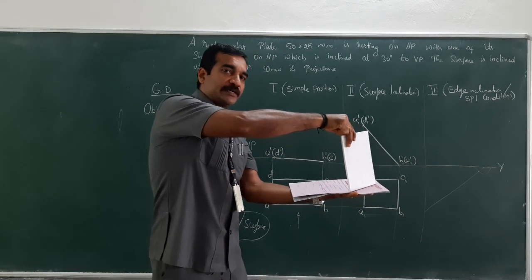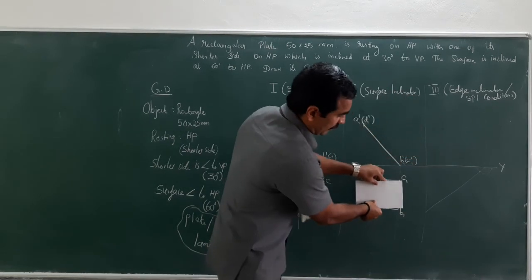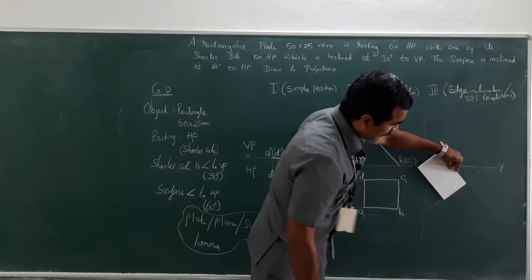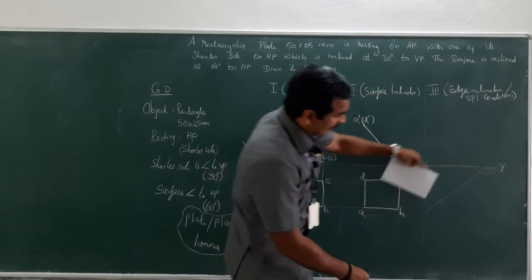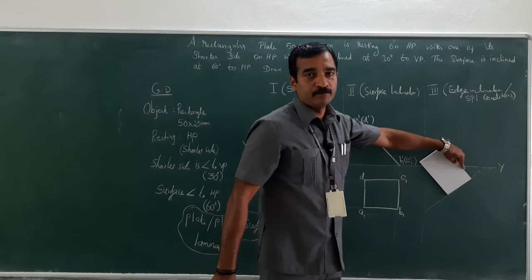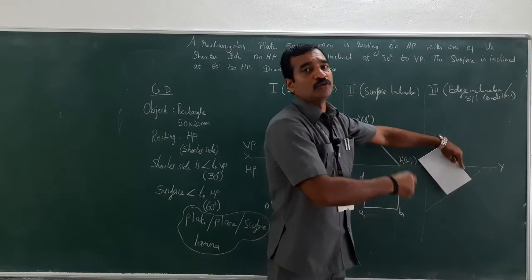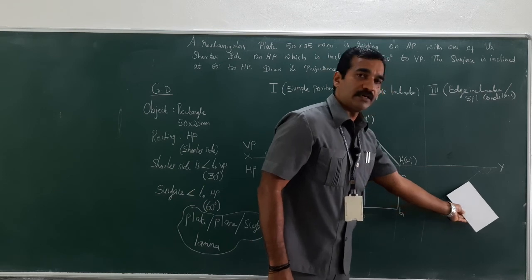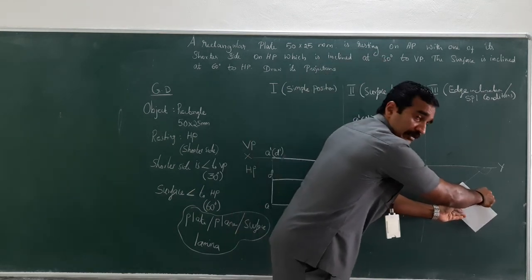Now this needs to be tilted at an angle of 30 degree, right? So this is how this object is here. This needs to be tilted either in this manner 30 degree or in this manner. If I tilt in this manner, it will cross the reference line. So the drawing, the image, should not touch the reference line. Therefore, it should be kept in this manner. So this is how I am going to tilt the object.